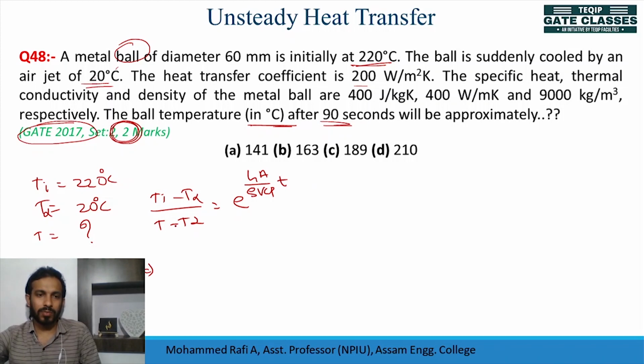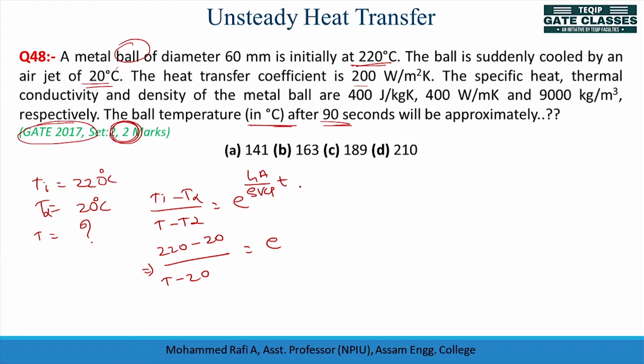Substituting the values, ti is 220, t infinity is 20, so t minus 20 equals e to the power, h value, how much is the h value given? h value is 200, A by V for a sphere is 4 pi r squared by 4 by 3 pi r cubed,